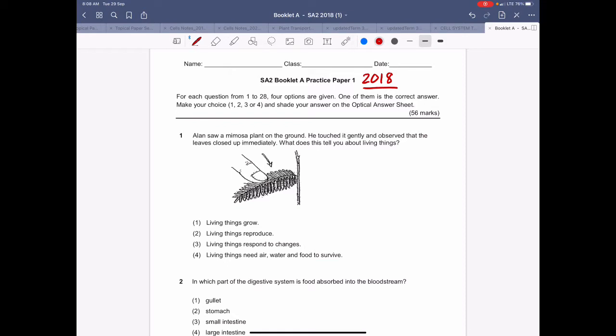Now, whenever you are doing a question, doesn't matter whether it is MCQ or open-ended, the very first thing you need to identify is always the topic. And then the second thing you need to identify is the concept. What do I mean by that? So for example, in the very first question,